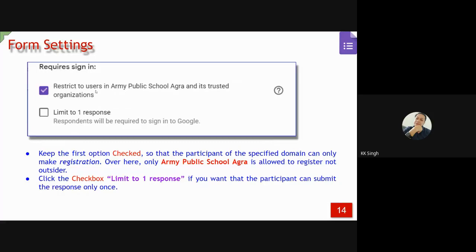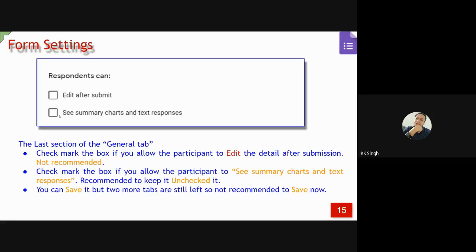Again, restricted to your school only, or limit to one response, it is up to you how you take it. Respondent can edit after submission: again, it depends on the teacher whether he allows the participant to edit after submission or not, or the summary of charts and text responses.